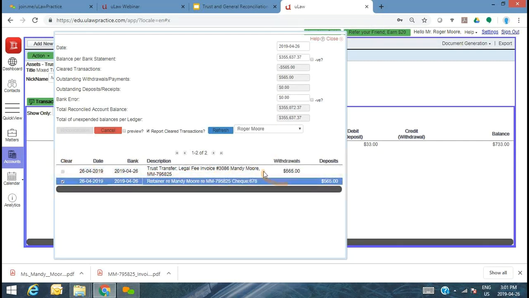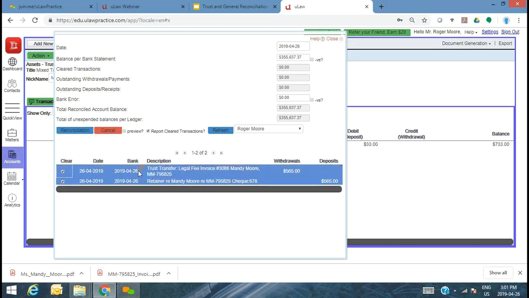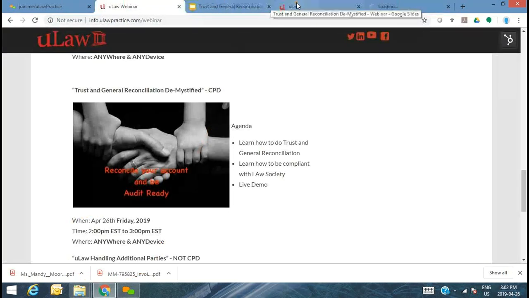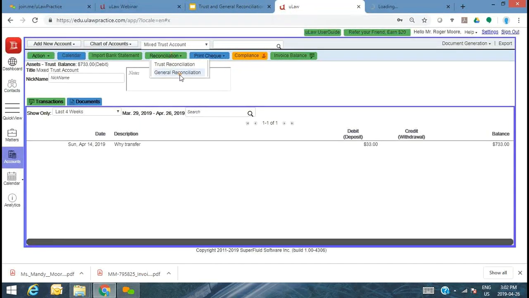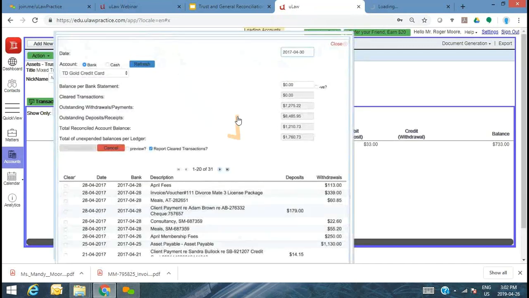The next transaction that you have is a withdrawal of 565. Do you see that? And automatically your reconciliation button pops up. Now you can do this even on a weekly basis by just doing a single preview, but I'll deal with it another time in a different demo because we're short of time. So let me just go ahead and generate that reconciliation report for the month of April with only those two transactions. And as that's running behind the scene, I'm going to do the same thing with my general reconciliation.